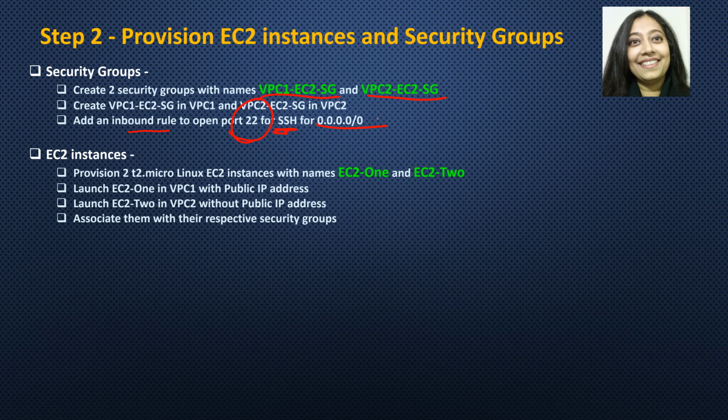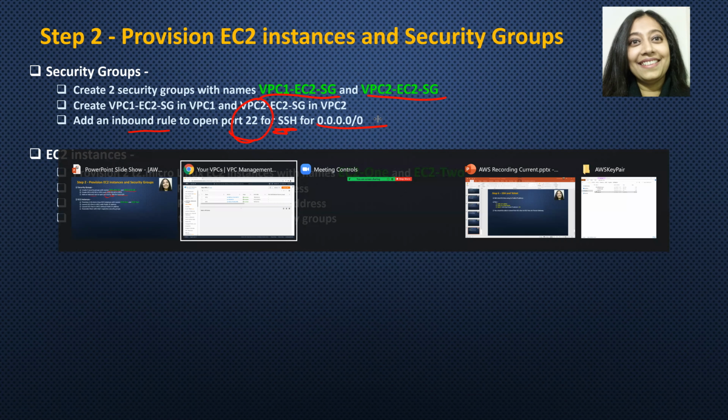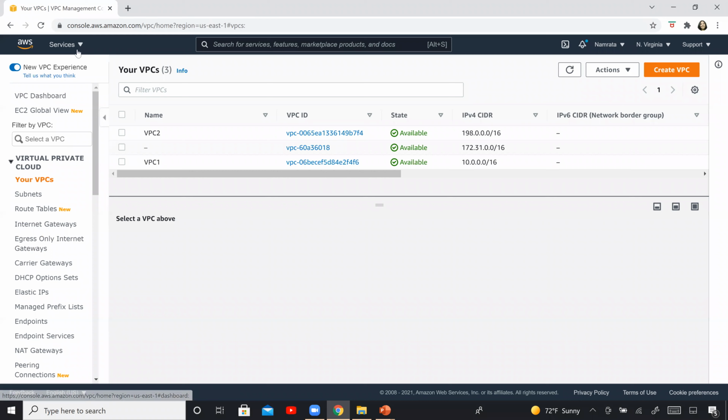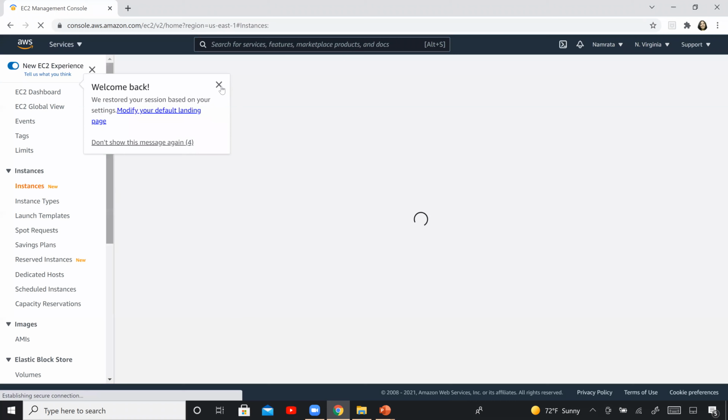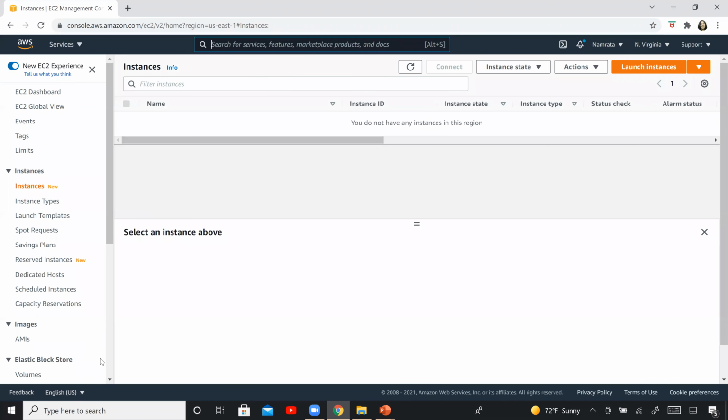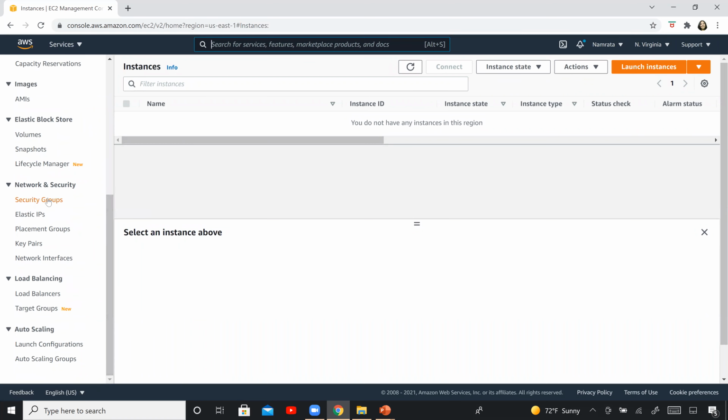Typically, however you would have it. So let us go ahead and create our security groups. Services, EC2, and we have to go to security groups. Scroll down and there is security groups.